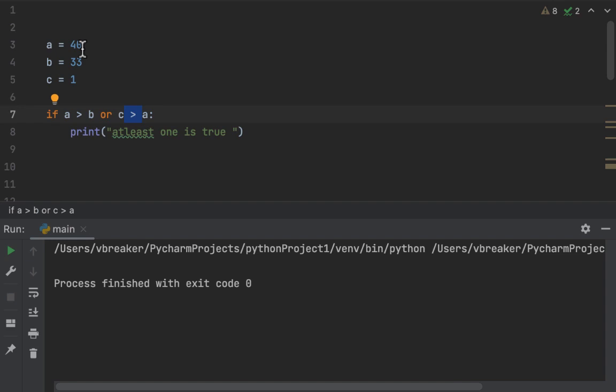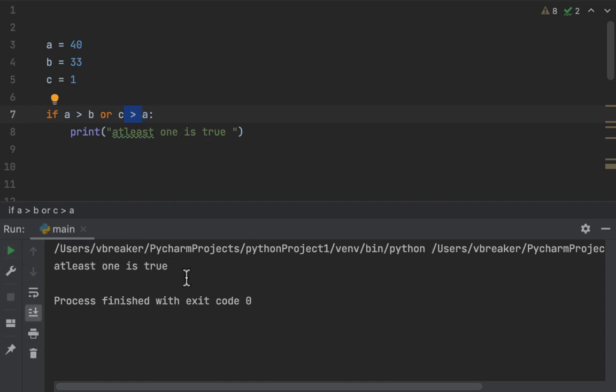Let's say 40 is greater than B, correct? C is greater than A, which is not correct. At least one condition is okay, so it's going to print "at least one is true". Let's try and see. So you see, at least one is true. So this is how we use those